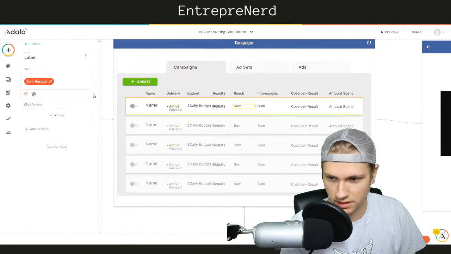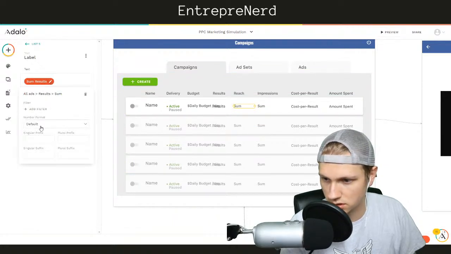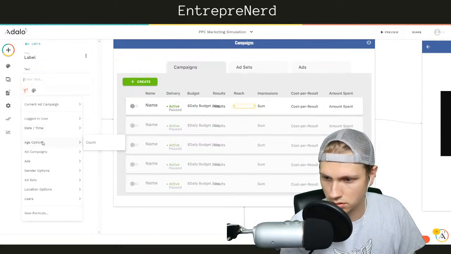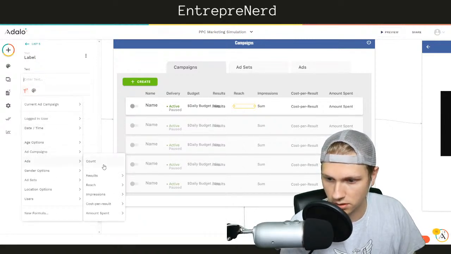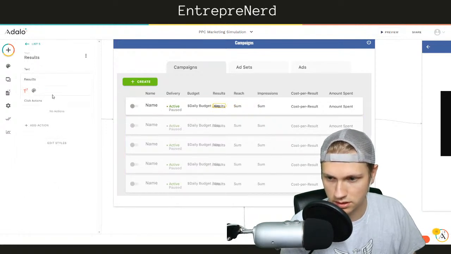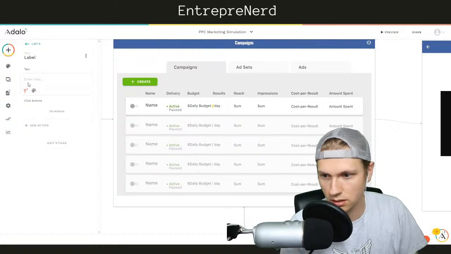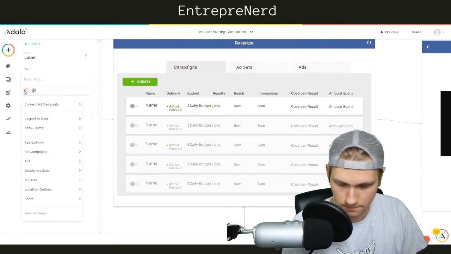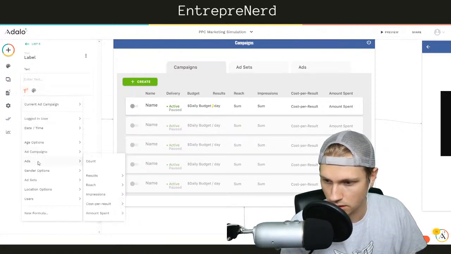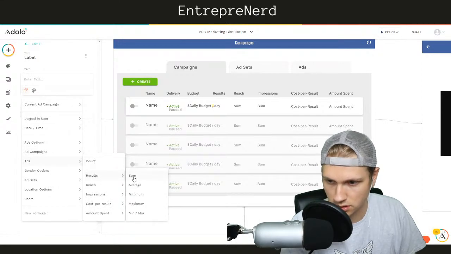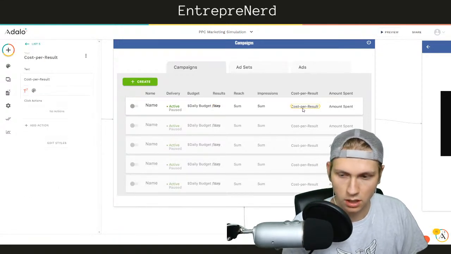Sum. This is some results. This is going to be ads, reach, sum. Results down here is going to be ads, results, sum. Cost per result.